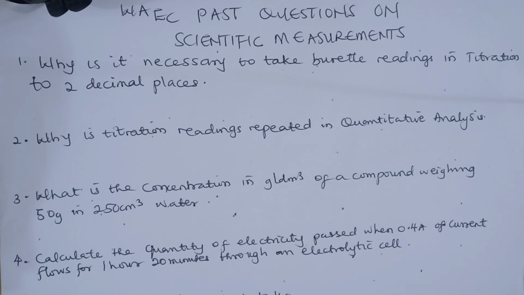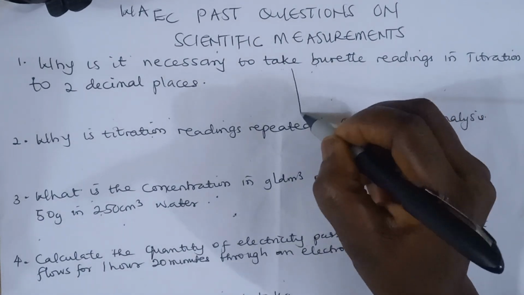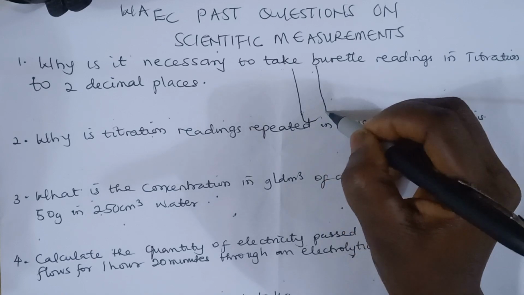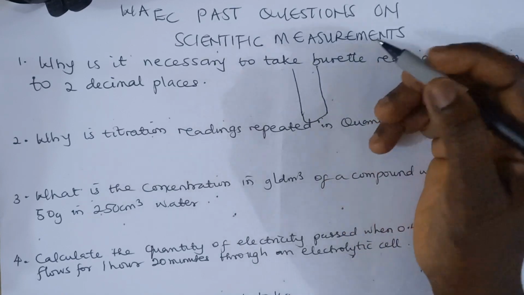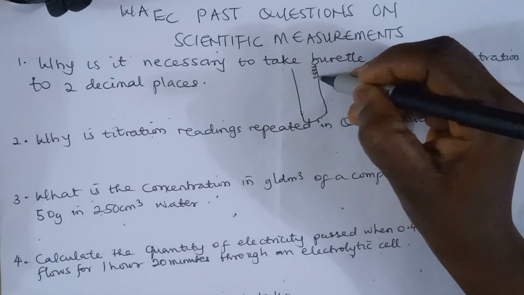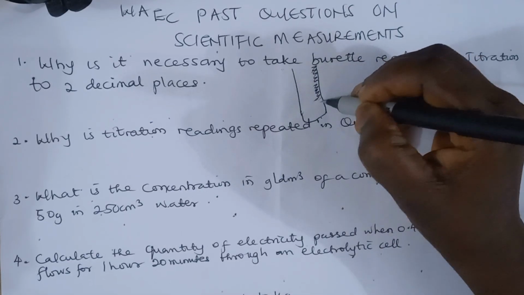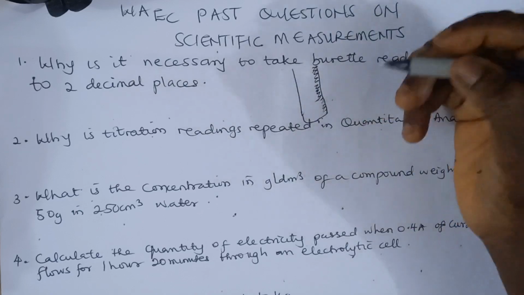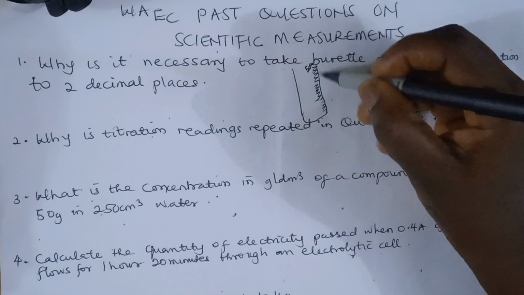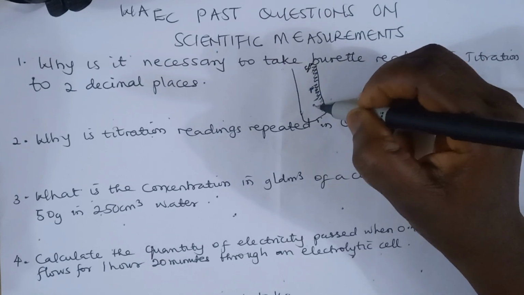Take for instance now, you have a burette. Burette is actually one of the materials in titration which usually contains acid. Scientists will fill them with acid. Then the pipette contains the base. That is an acid-base titration. Now, if the burette is calibrated and is 50 cm cube, the next one here will be 40, then 30,